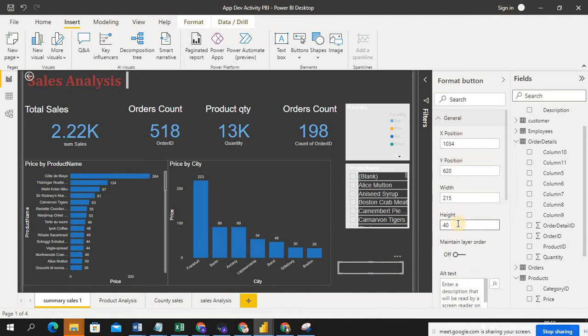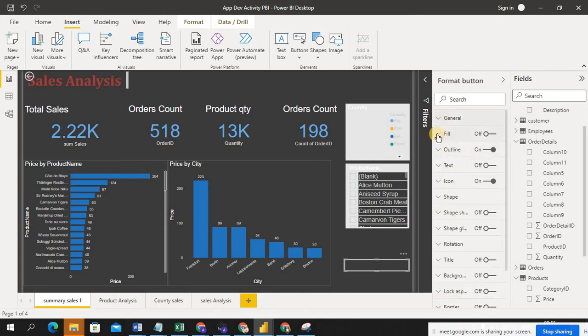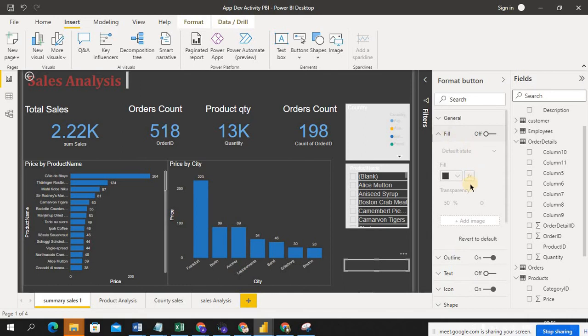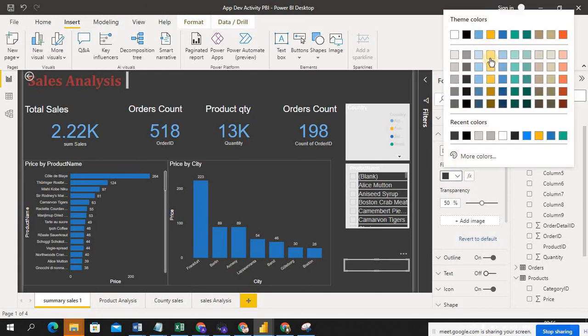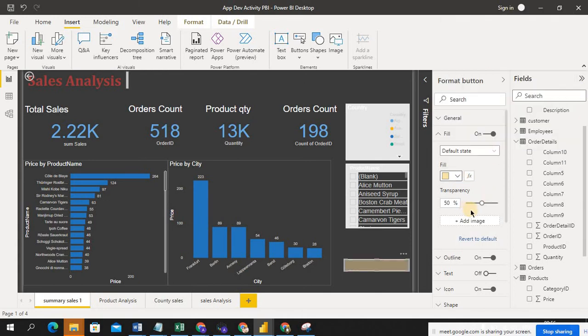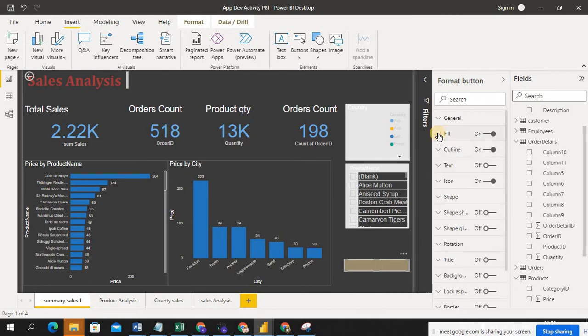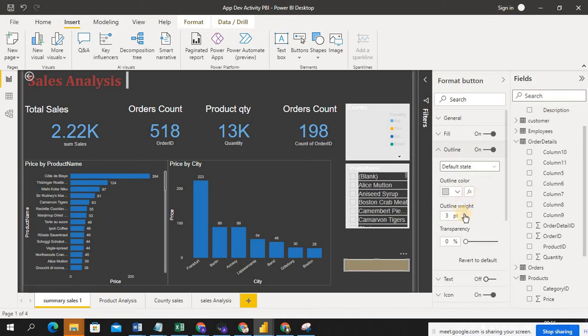If you move it here, you can see the values will get changed. Now fill. What color you want for the button, I am going to give a color here. And the outline is on, so I am giving an outline, the size of this.